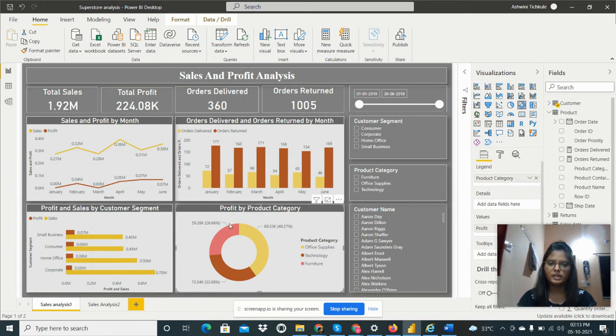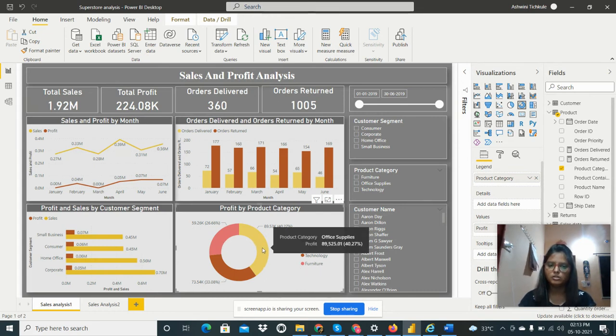Next, a visual I have added is the donut chart from the visualization pane. Here we can see profit by product category. Three product categories are given: office supplies, technology, and furniture. The most data is for office supplies, at 40%.